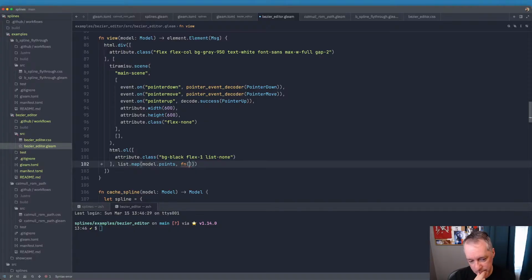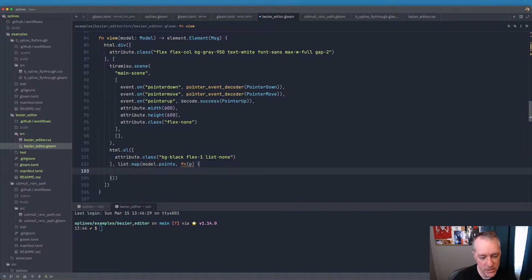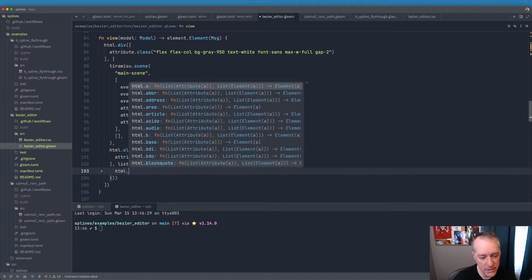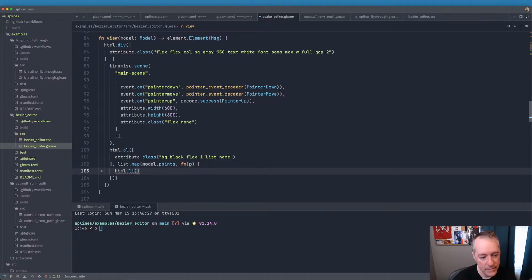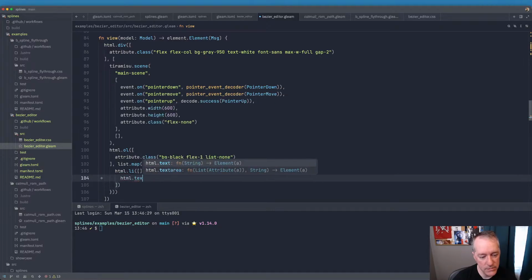But this will help when we go to start debugging pointer events. So if this is a point, what do we want to generate? We want to generate a list item. We'll put no attributes on it for now. And we're going to do text